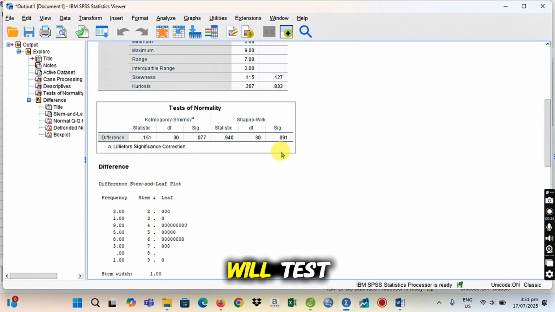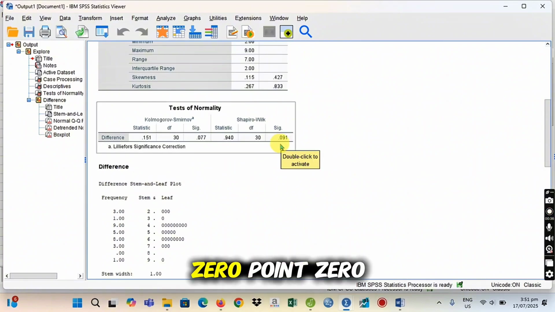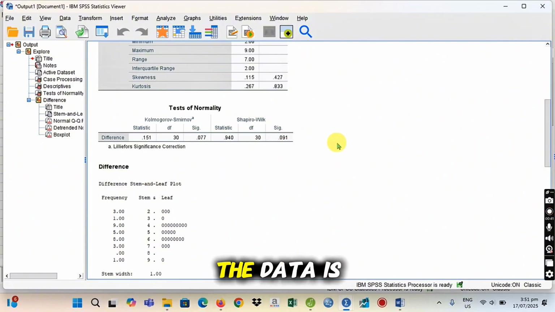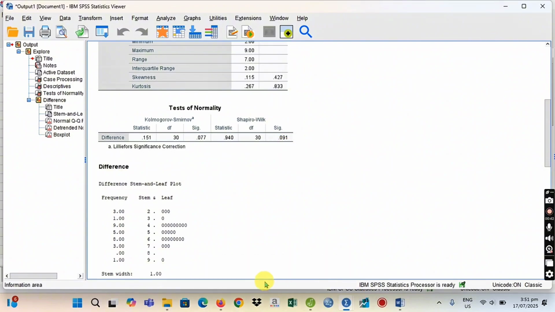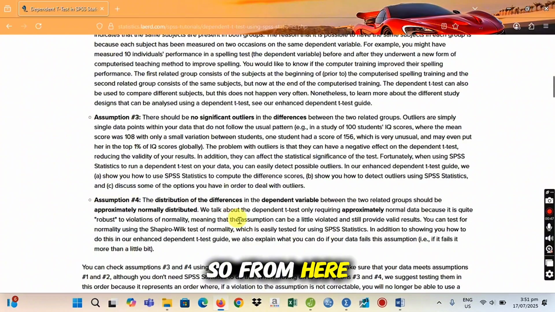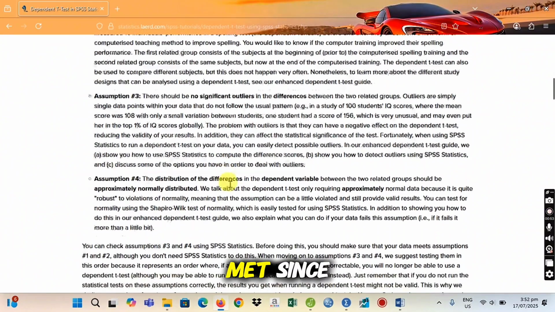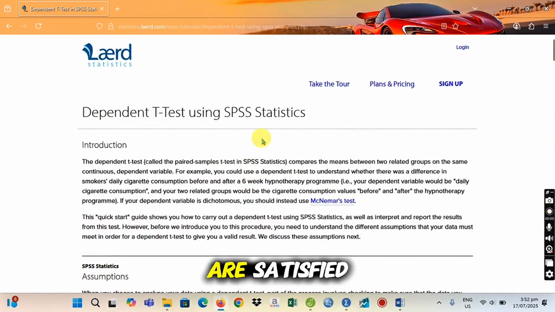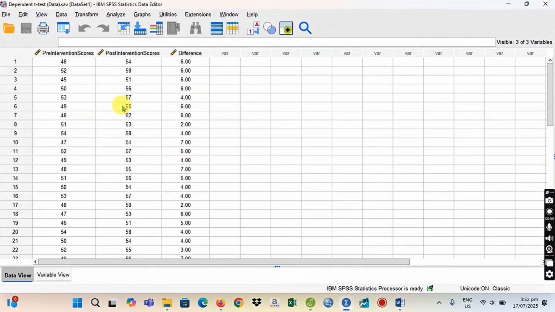Okay, the Shapiro-Wilk test is 0.091, which is above 5%, meaning the data is normal. So from here, we can say that assumptions number 3 and 4 are actually met. Since all of the assumptions are satisfied, we can proceed with the analysis.